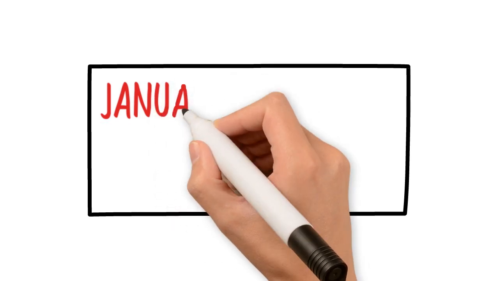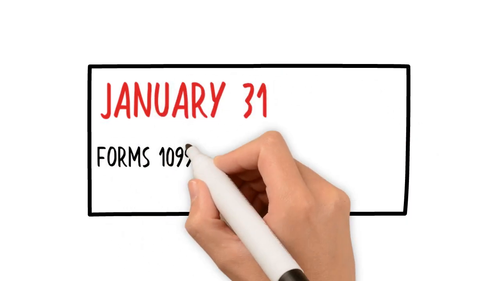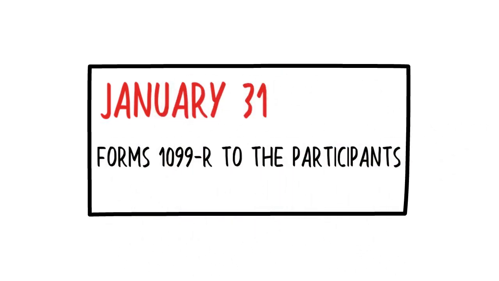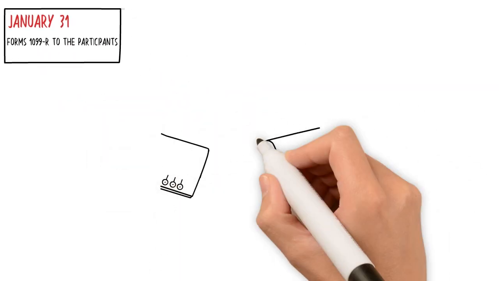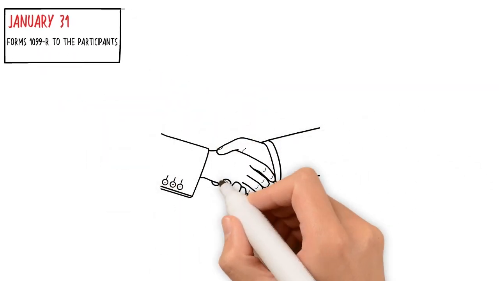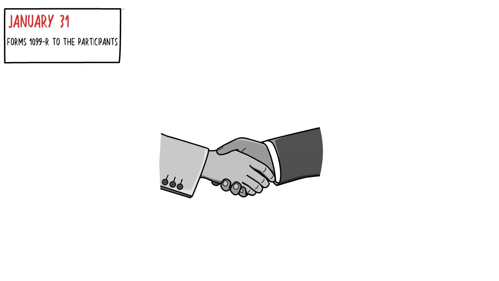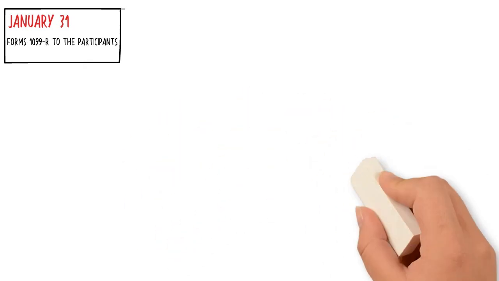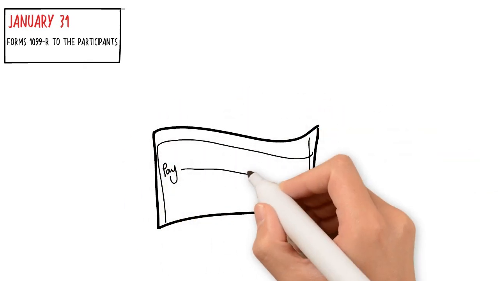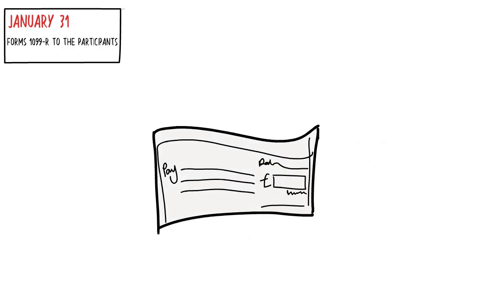January 31st. Forms 1099-R are due to the participants. The custodian-directed trustee of the plan generally delivers the 1099-Rs directly to the participants. Note that some custodians deliver the 1099-R along with the distribution check, either attached to it or as a separate